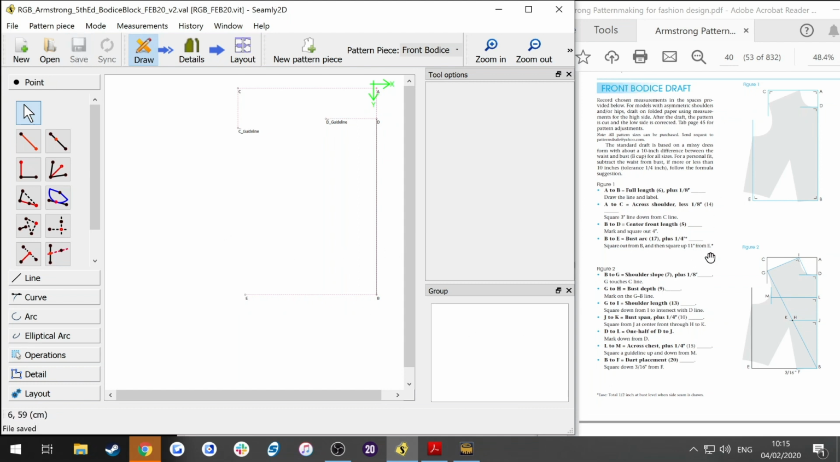instructions now, so we're going to move on to the next set of instructions for figure 2. B to G is shoulder slope plus 1/8 of an inch. And now this is a little bit tricky, this one. This is B to G, which is an angled line. We know the length of that line because it's telling us that we need to use our shoulder slope measurement